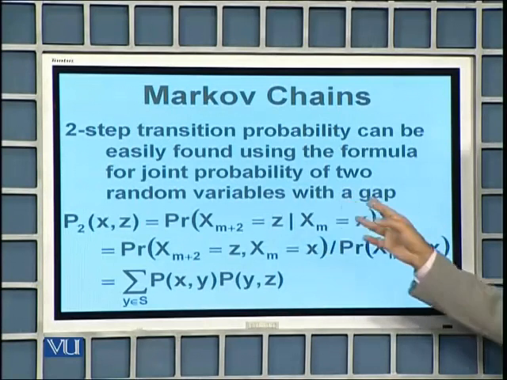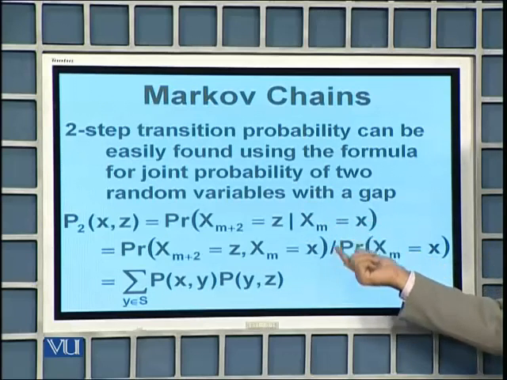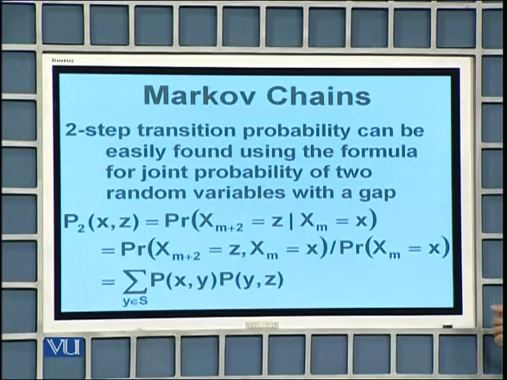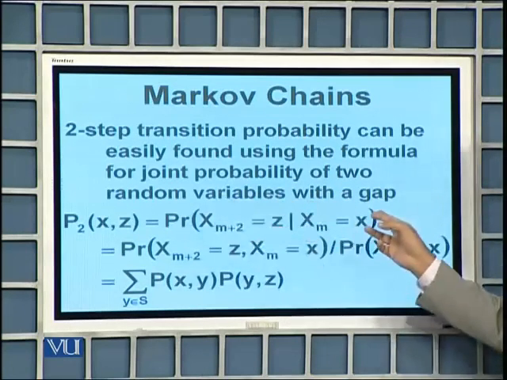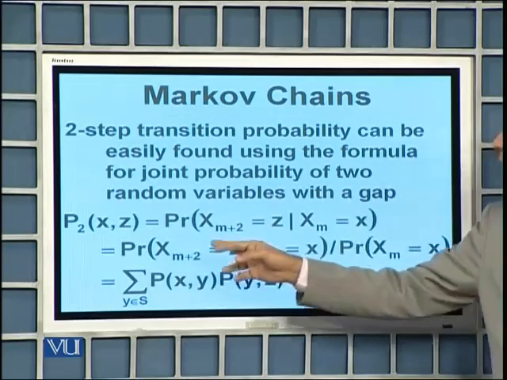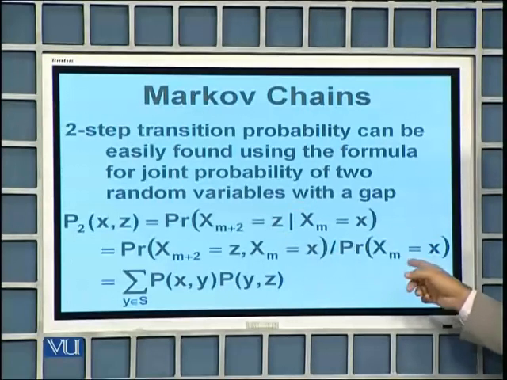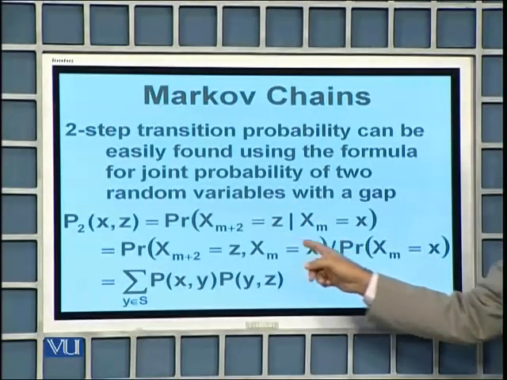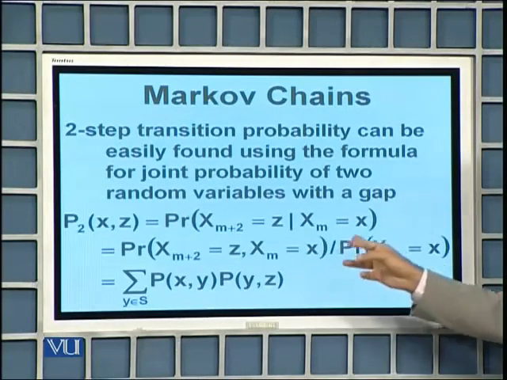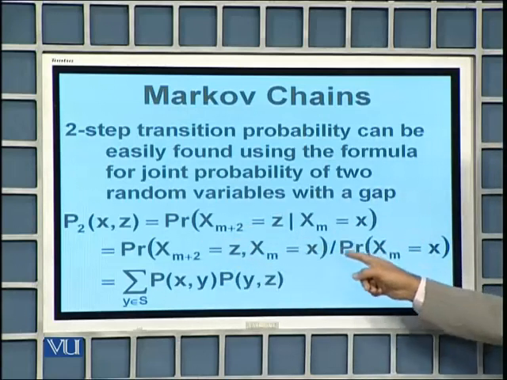So if we are talking about conditional probability with one gap, we know the value of X_m and we want to find the probability of X_{m+2}, we can use the previous formula. First we open this expression using the well-known formula of conditional probability, which is a division of the joint probability of these two events by the probability of the conditioning event. This joint probability is the one we talked about in the previous slide, where we said there is a constant term which can be taken out, and that constant term was exactly this.